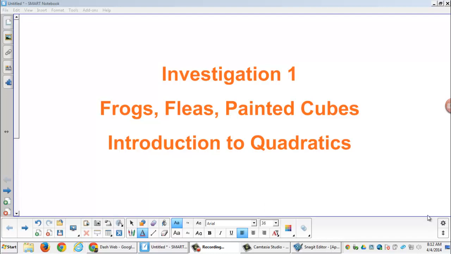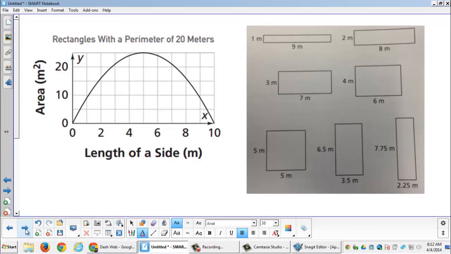Okay, guys, we're going to go over a quick review of what we've covered so far in Investigation 1, Frogs, Fleas, and Painted Cubes. It was our introduction to quadratics, and we began the lesson by talking about the rectangles. And you can remember that the very first thing we had you do was create rectangles with a fixed perimeter